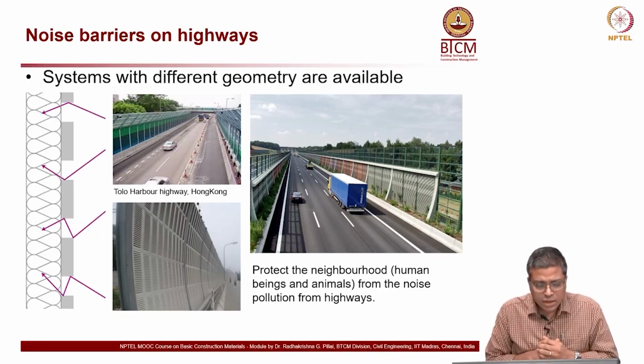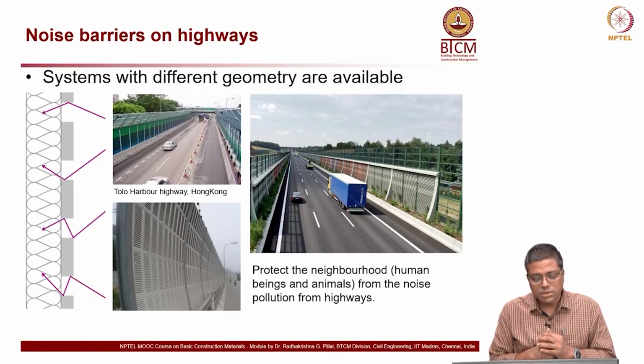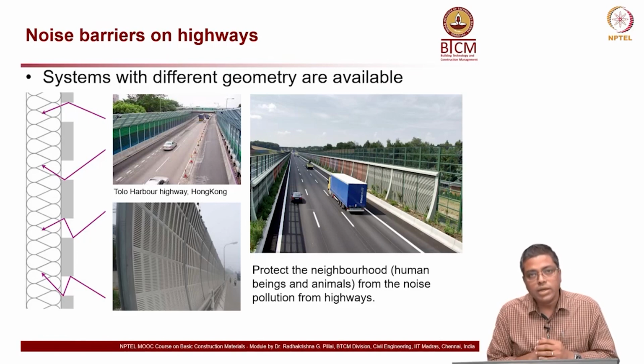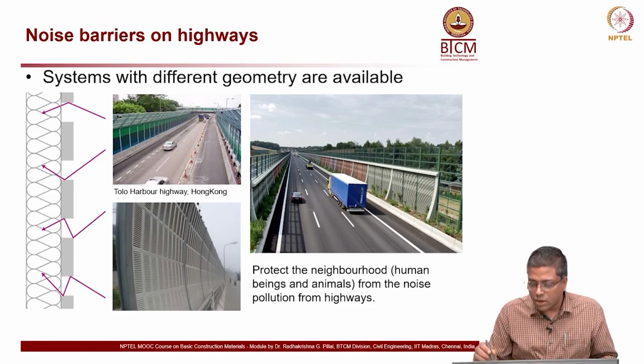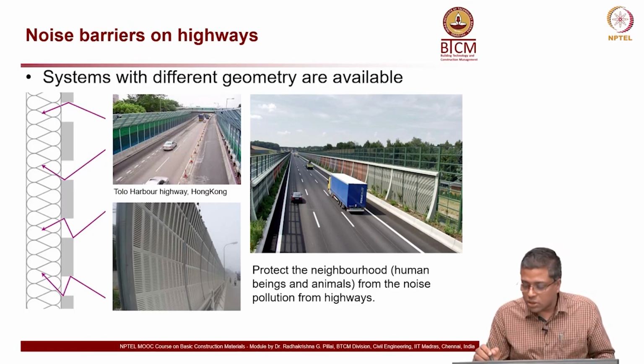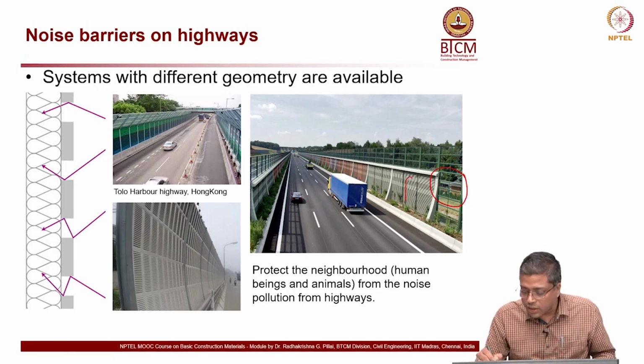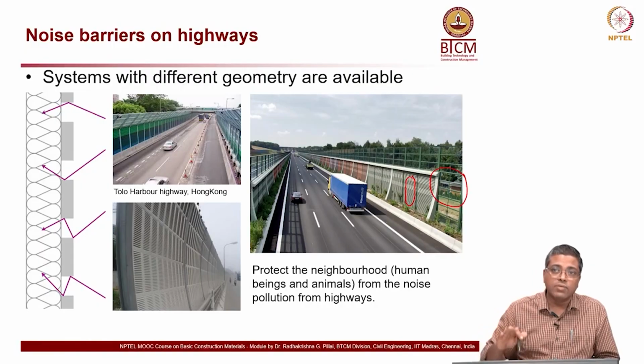This is another example, noise barriers, which you will see. Now in India also we see a lot of these coming up in some places, but this is widely used abroad when you want to control the noise from vehicles. So, you can see in the picture on the right side, there are some residential areas here, and those people do not want to be disturbed by the sound or noise from the vehicles. So, they have these noise barriers. These again have an uneven surface in nature.